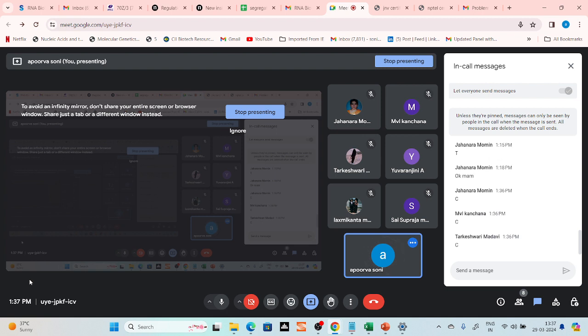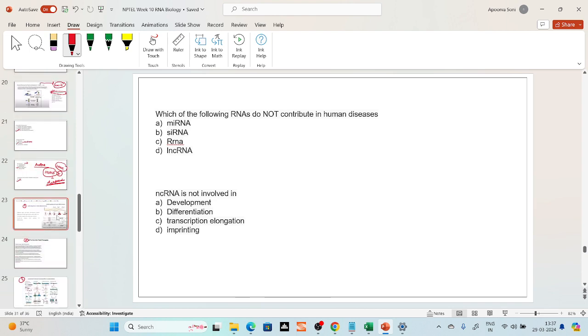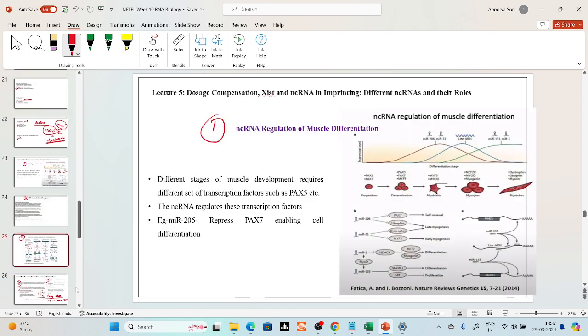So, Janara has answered C, Anjana has answered C, and Tarkeshwari has also answered C. So let's see. rRNA. Okay, lncRNA we have seen, miRNA we have also seen. Now we come to siRNA or rRNA. Most of the students, I mean all of them, have answered rRNA, but the correct answer is B, that is siRNA and not rRNA, because